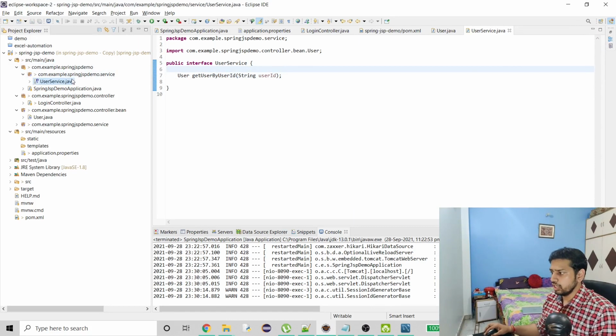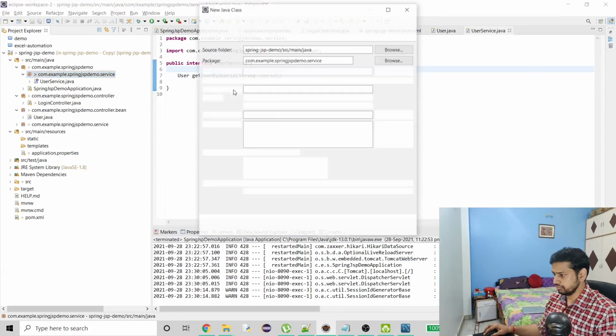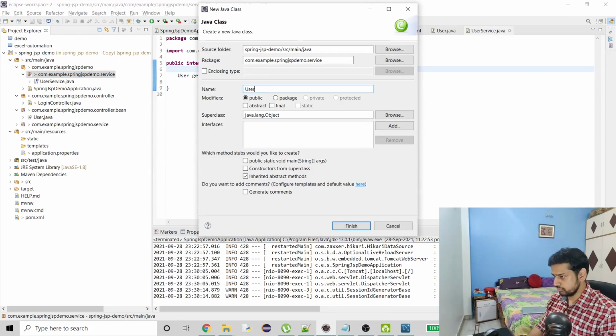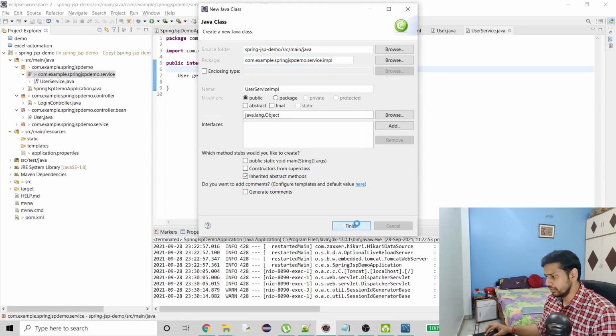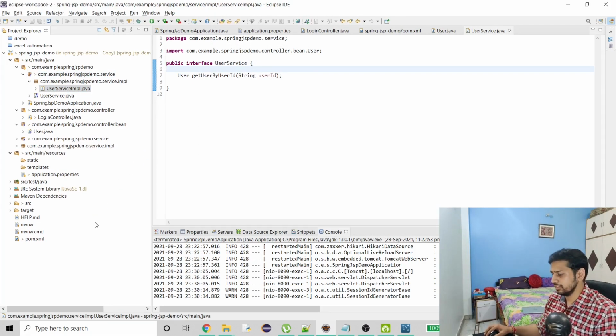Okay, so this looks good. Now we have to make the implementation for the service layer. So we have to create a class now. Here I'm going to create another package IMPL, and it is going to hold all the implementations, but I think it is going to hold only one for now. But we should always create more packages just to provide more readability.